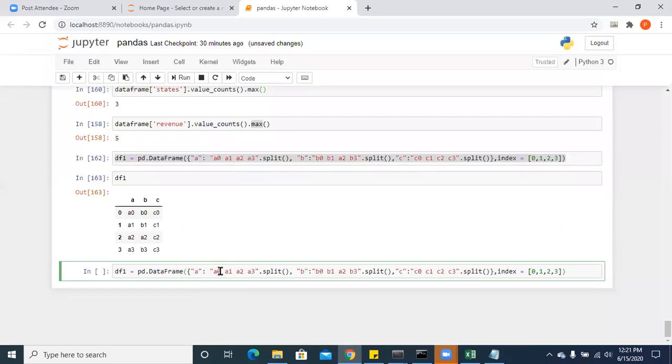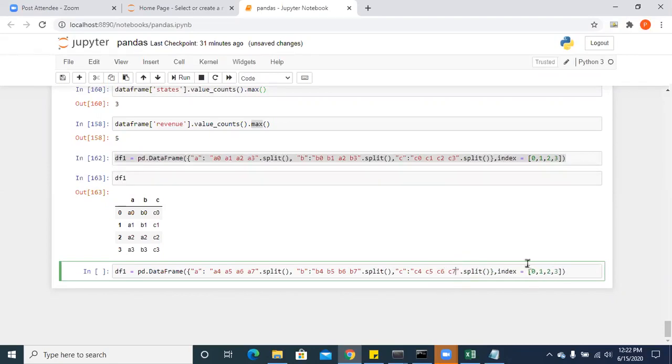So here instead of 0, 1, 2, 3, I'll take A4, A5, A6, A7, B4, B5, B6, B7, C4, C5, C6, and C7.